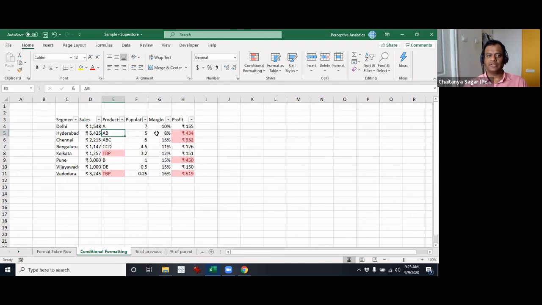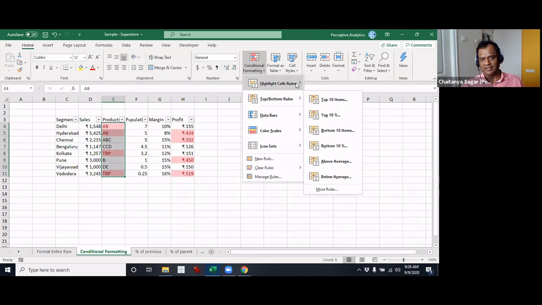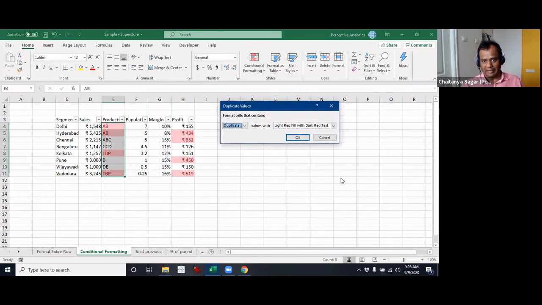And there's a problem also with this. Let's say you have two different duplicates, then both the different duplicates get the same formatting. I am not so sure if there is any other way for you to say, for the first one give one kind of formatting, for the second one give another kind, because for the second one you'll have to give the exact same thing. I think we can actually add that and see what happens. Let's say conditional formatting, duplicate values again. So it is basically going back to the same one.